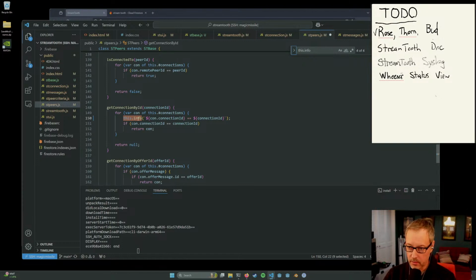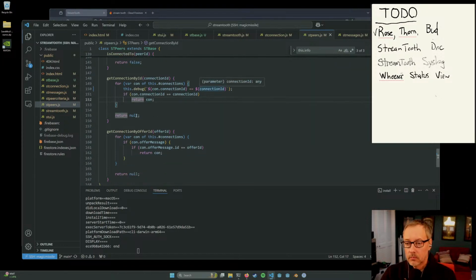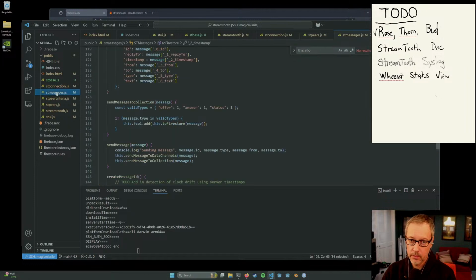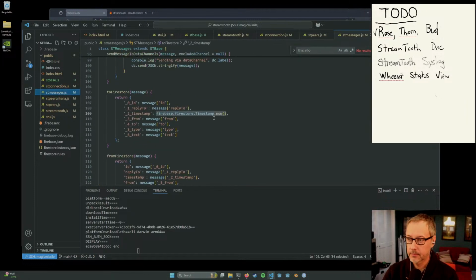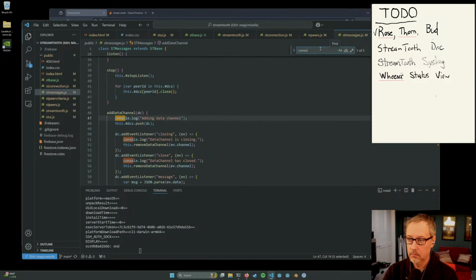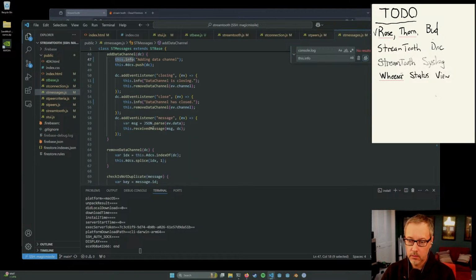This one. This looks like debug. Okay. Cool. I'm glad we're getting this done. All right. So we did connection. We have not done messages. Okay, adding data channels closed.